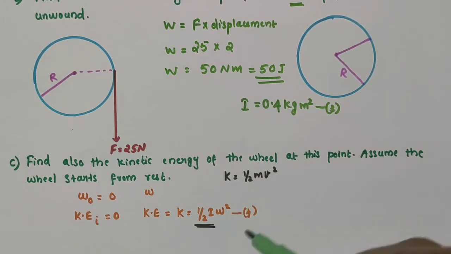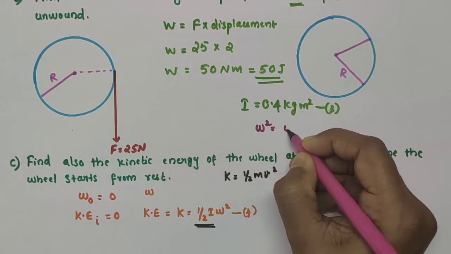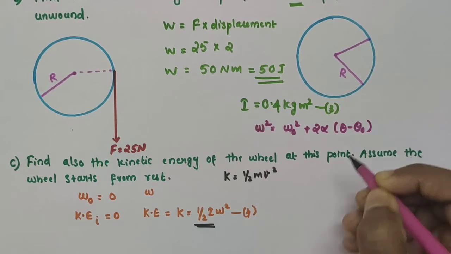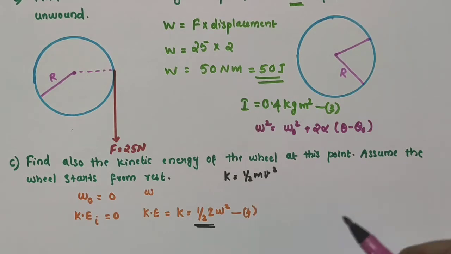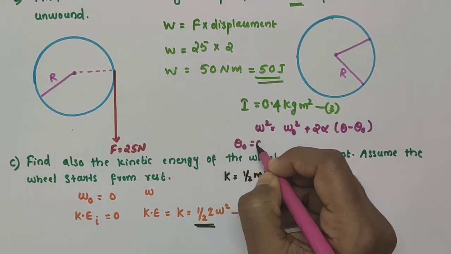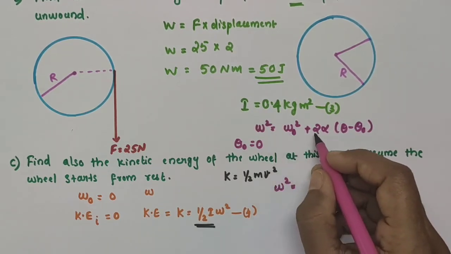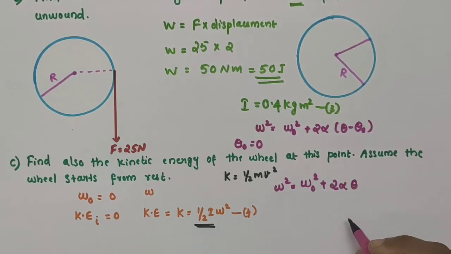While we discussed the three kinematic equations for rotational motion with uniform acceleration, we got one such expression, no? Omega square is equal to omega 0 square plus 2 alpha into theta minus theta 0. I hope you remember this expression. Otherwise, I will provide the link in the description box. Let the initial displacement, theta 0, be 0. So this expression becomes omega square is equal to omega 0 square plus 2 alpha theta. I am taking this as equation number 5.